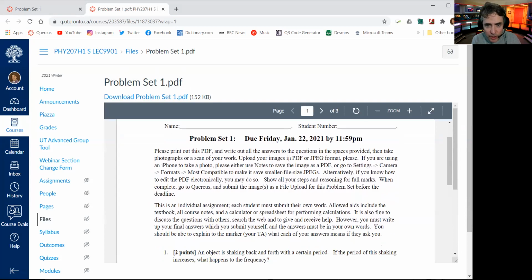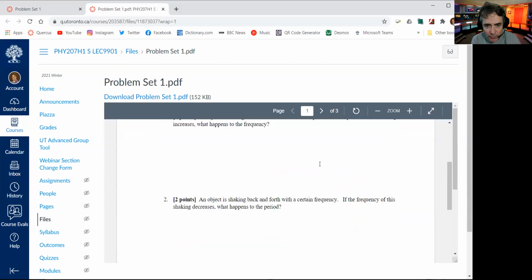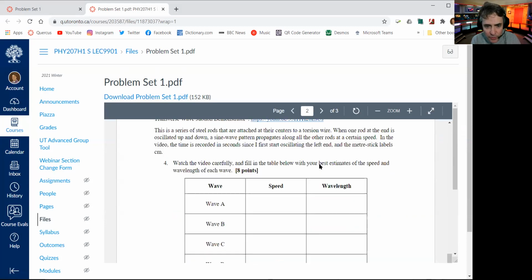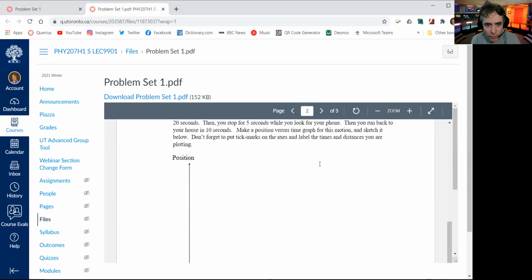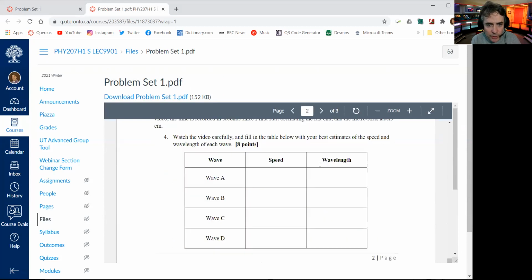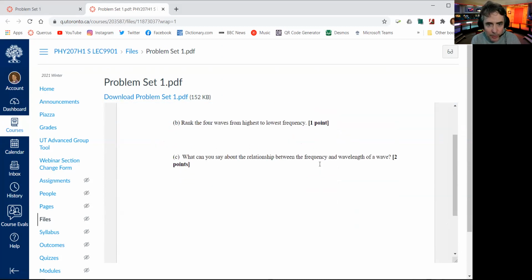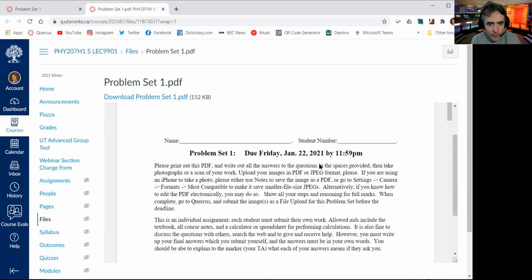You can see in the instructions, please print out this PDF and write out all the answers to the questions. Every question has a blank underneath it. It's 3 pages long. There's one where you have to draw a little graph of position versus time or fill out a little table. Write out the answers in the spaces provided, then take photographs or a scan of your work. Upload your images in PDF or JPEG format, please.